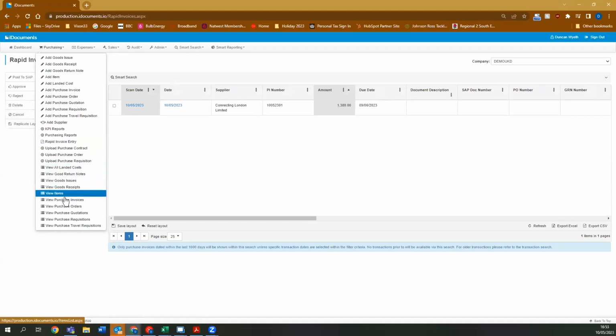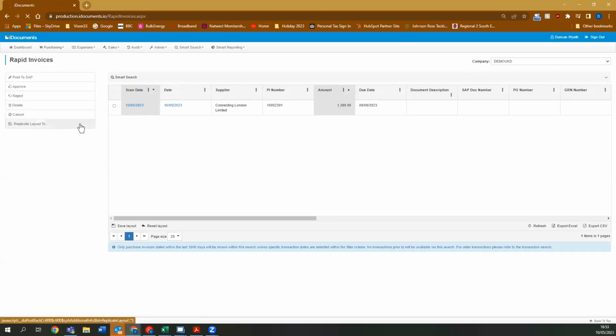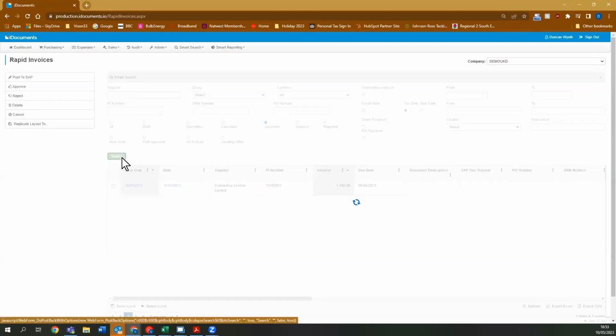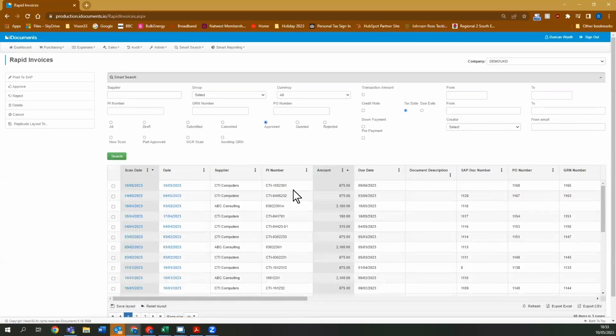View purchase invoices, and bear with me a second. Approved. Search. So it's that one there, and I should be able to hit that button and say post to SAP. And while it's posting that one to SAP, I just want to show you another transaction we had on the